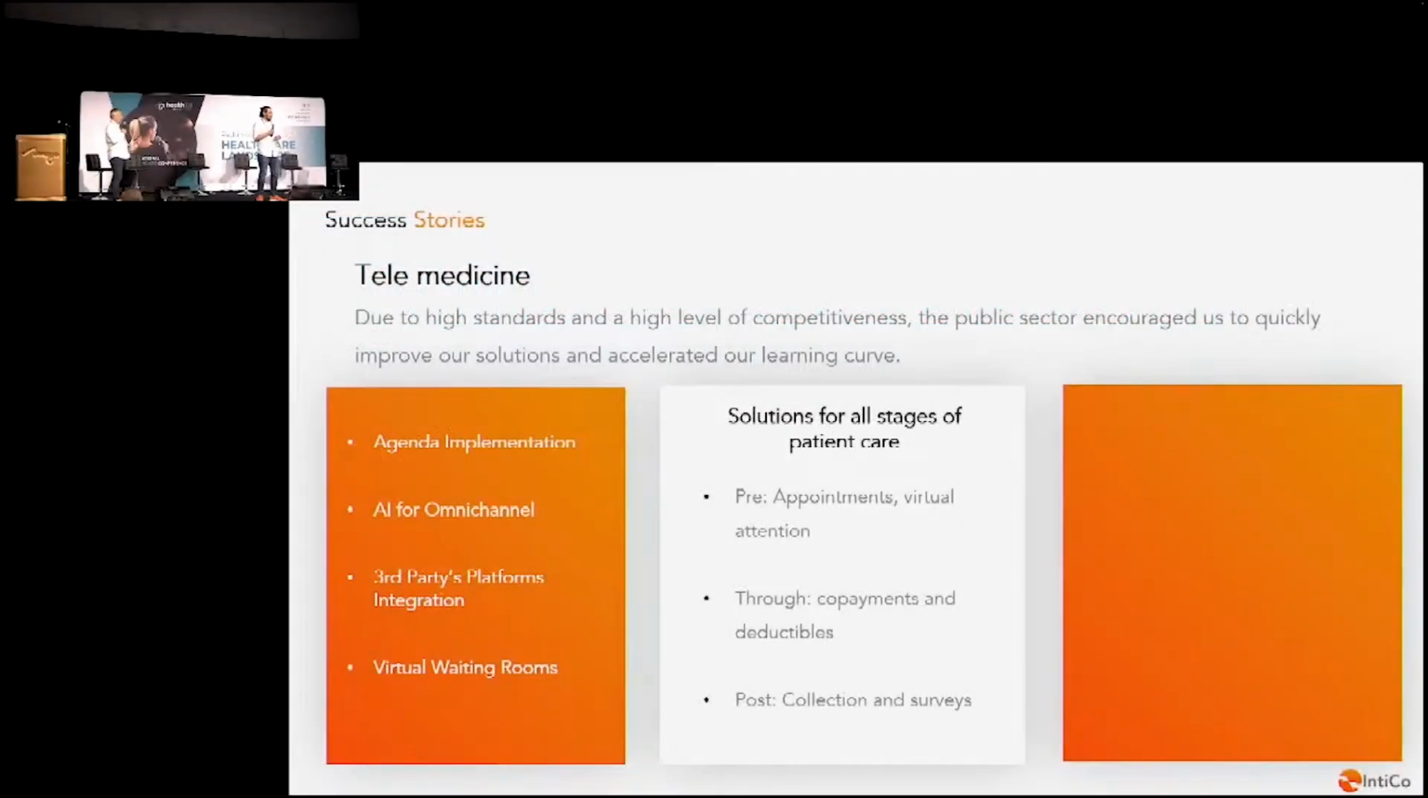Channel to contact him. Okay? And after that, we managed to integrate third-party platforms in order to include more specialties to telemedicine. And the last one is that we developed virtual waiting rooms